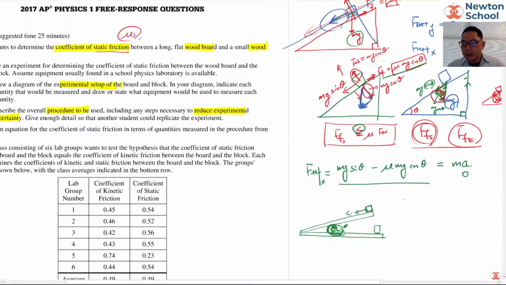So in that case, you have mg sine theta equals mu mg cosine theta, and you can cancel mg. So basically, this mu is not depending on mass, right? So this mu will be sine theta over cos theta, if you divide by cosine. So that's basically tangent theta,